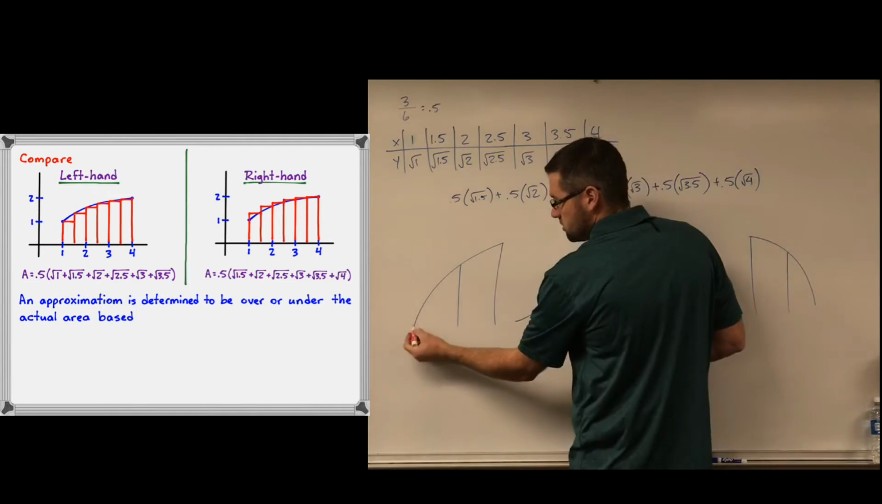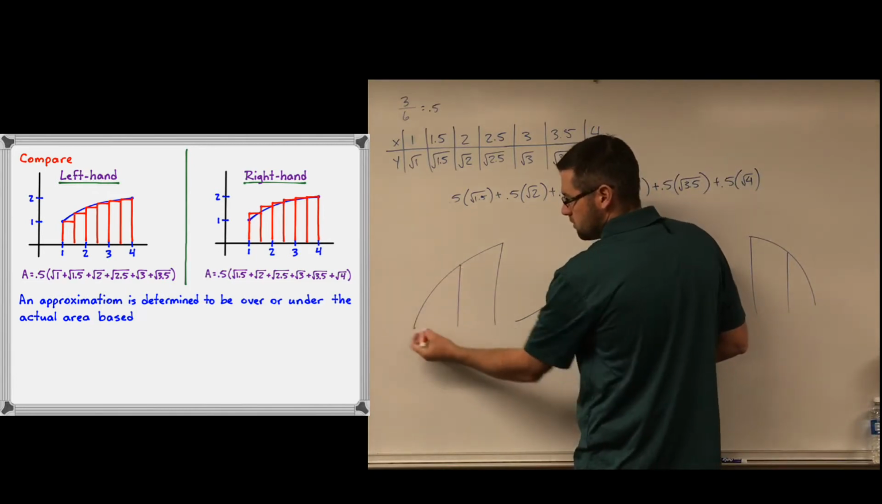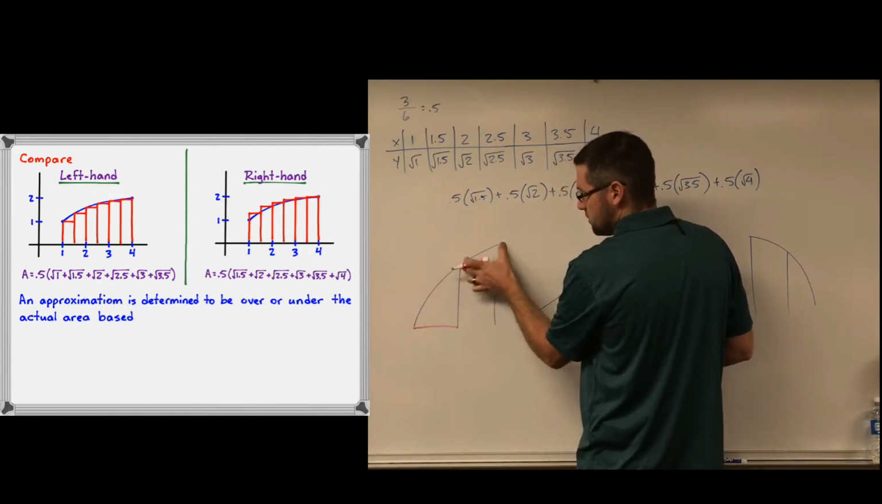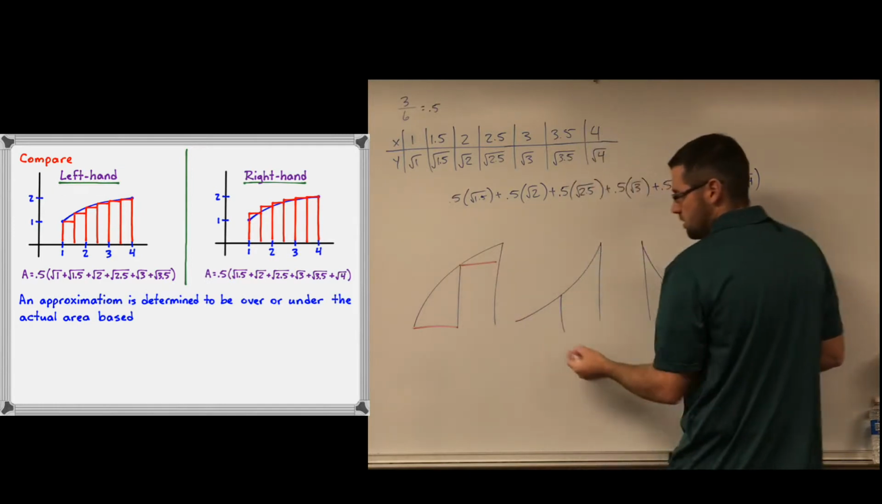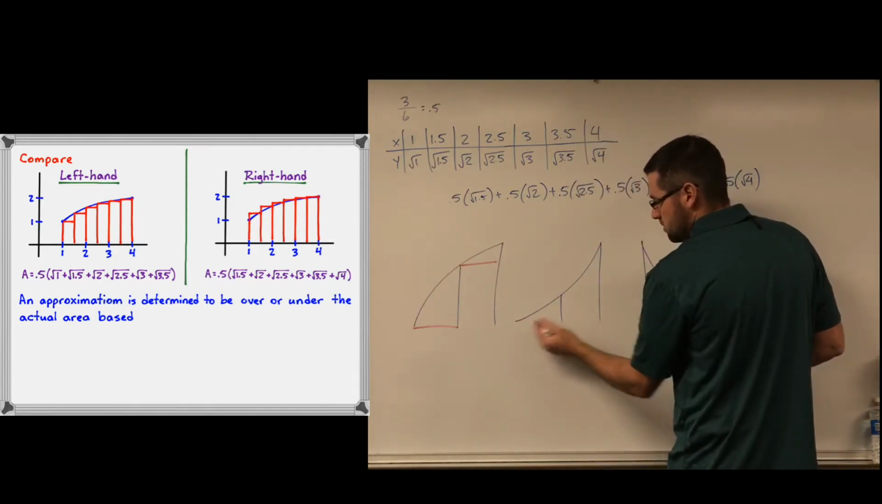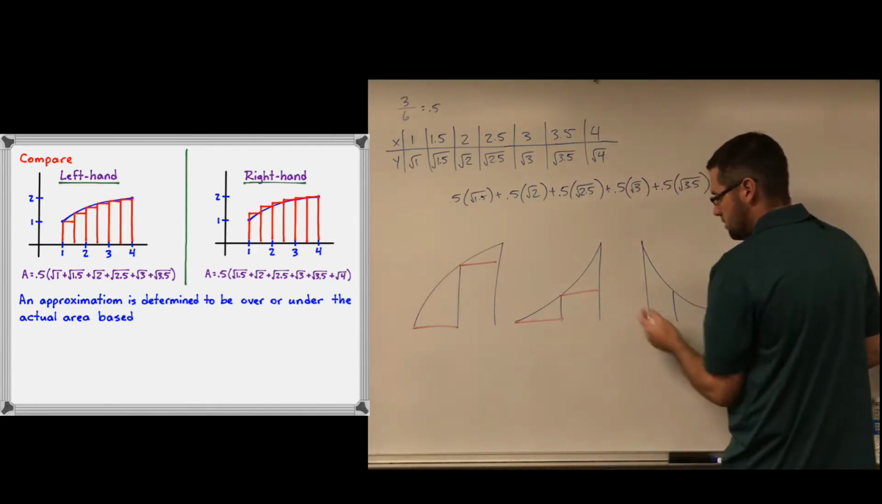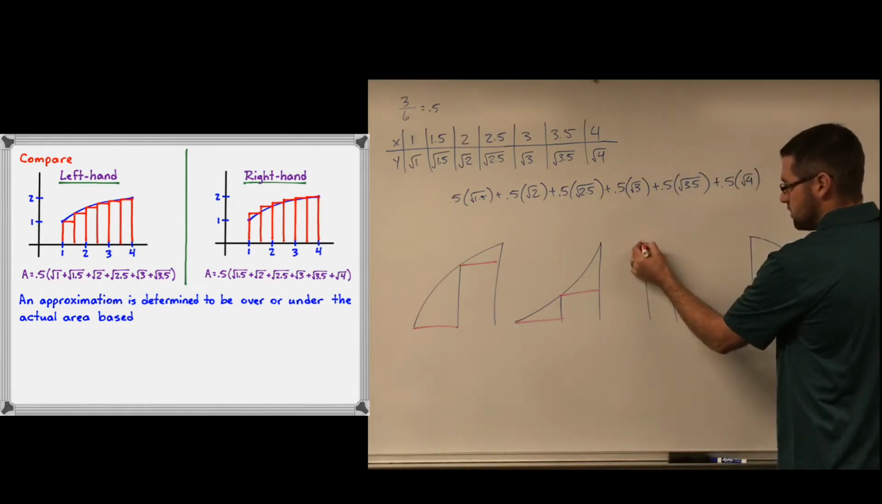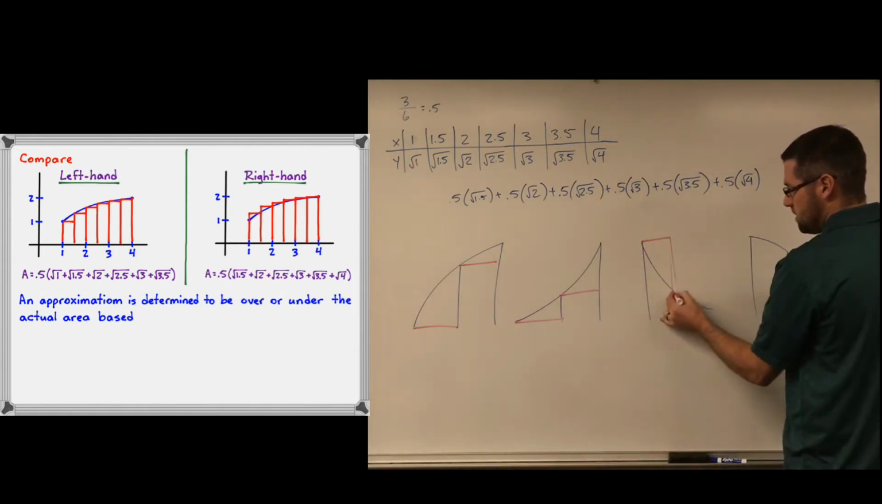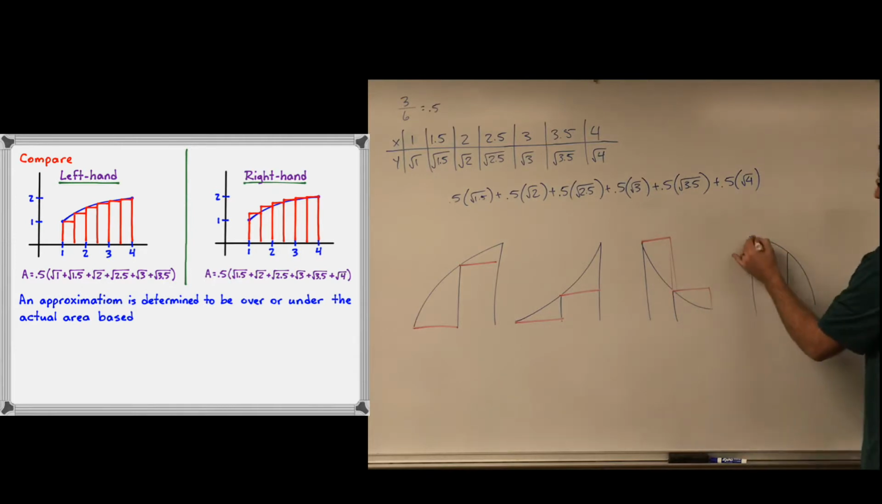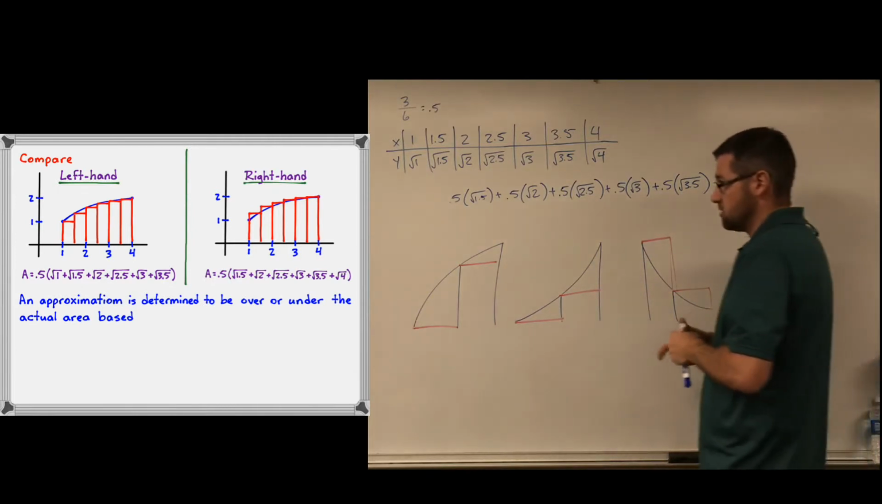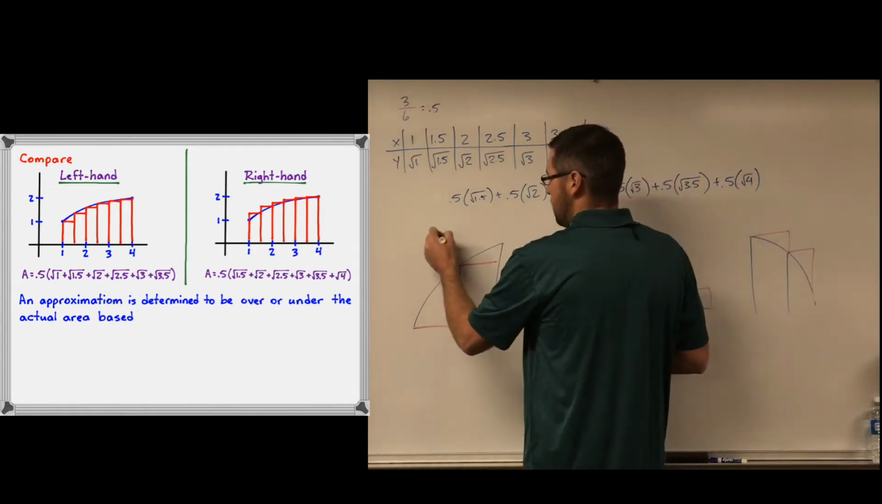Which point am I going to use? This point or this point? I'm going to use this one for left, right? And then this one, and then this one, and then this one. So a left-hand approximation, an LRAM,